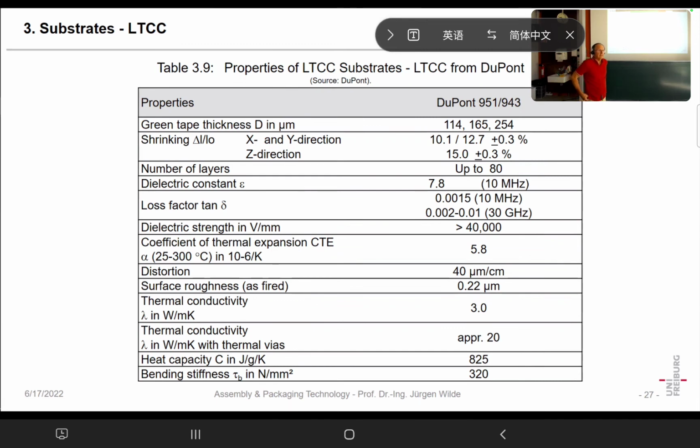Yeah, let's say we have 1% of silver. That means 1% of 400 is 4. Just by 1% of silver in that LTCC, we increase the thermal conductivity from 3 to 7. Yeah, 1% of 400 is 4. 3 plus 4 is 7. So that's